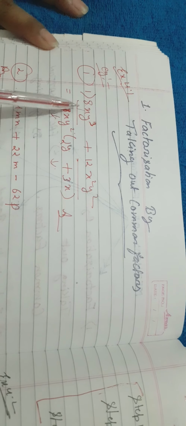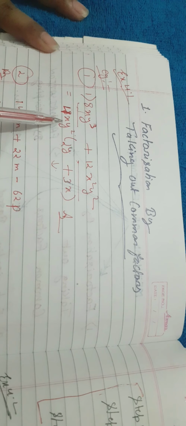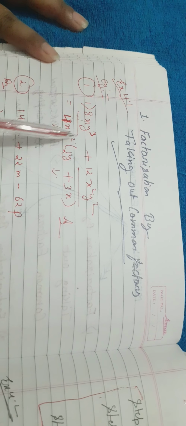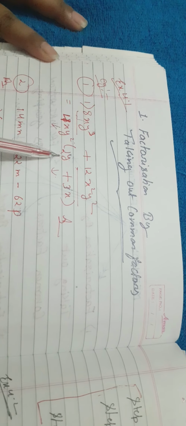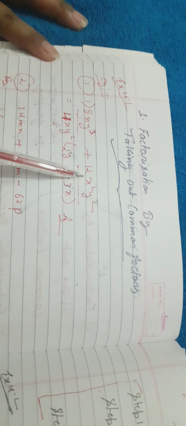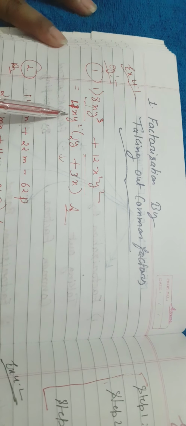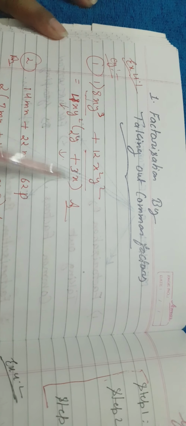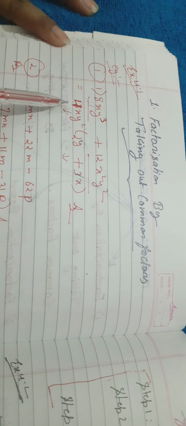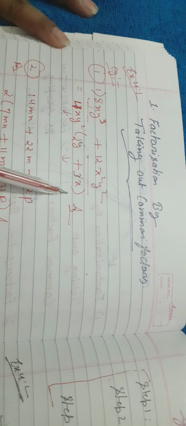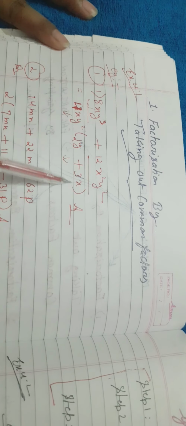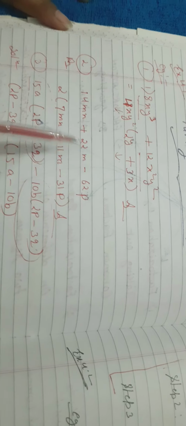So what is left comes out in the bracket. Now 4xy square is outside the bracket, so here it is 2y, because when we multiply we will get it. And from here 4 threes are 12, x is outside the bracket, so 1x is left, and y square is completely outside. So this is our answer. First factor and second factor: the first factor is 4xy square, the second factor is 2y plus 3x, and here your answer is over.